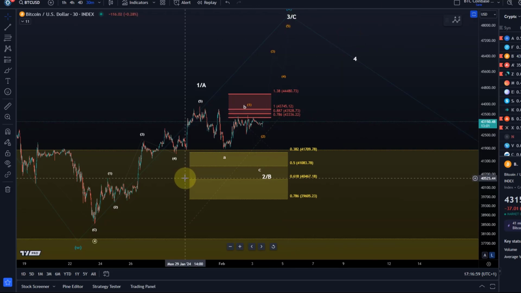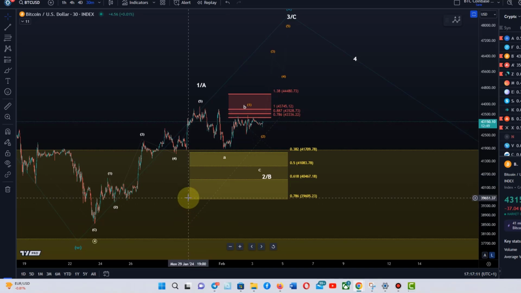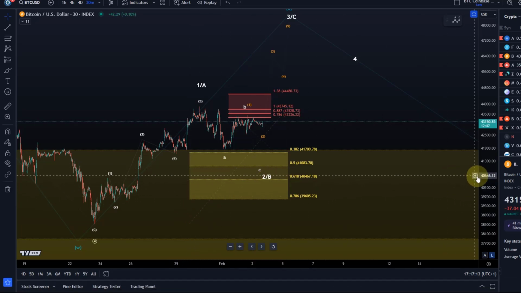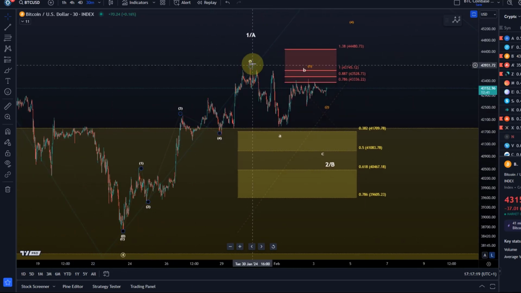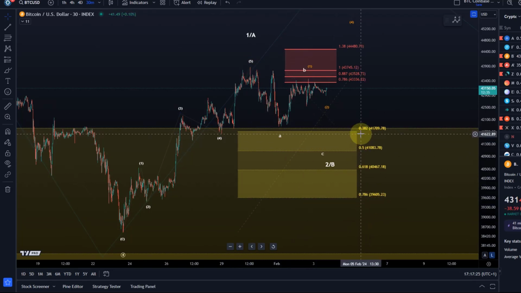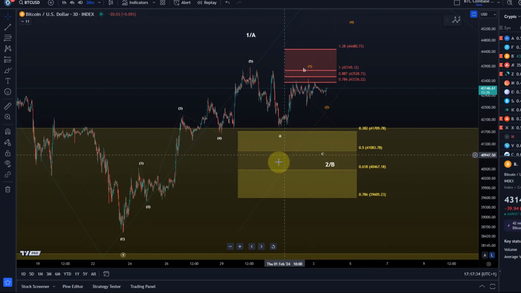If you're interested in getting a little bit more context about this and how it fits into the bigger picture, then feel free to check out my last video from today, in which I also covered the daily time frame. Then you get an idea of our primary and alternative scenario on the daily time frame. But here, looking at the shorter time frame, the 5 wave move up allowed me to add a support area to the chart. It is between 39,605 and 41,709, with additional support at 41,083 and 40,467. These are 4 Fibonacci levels,